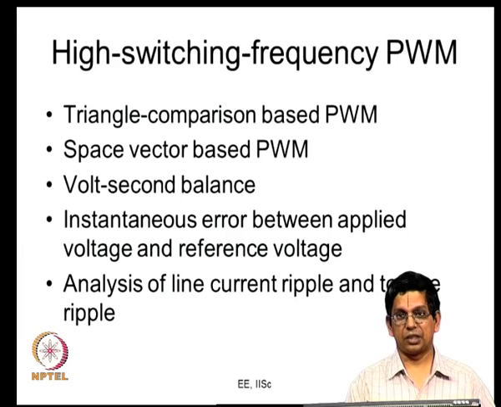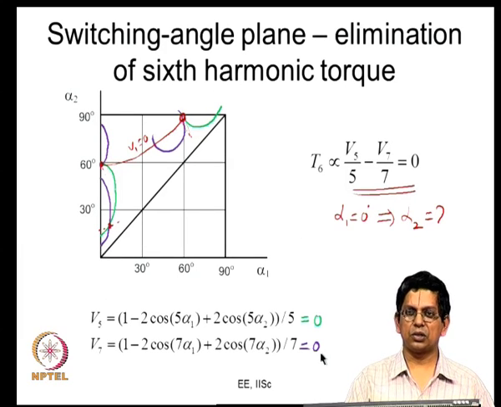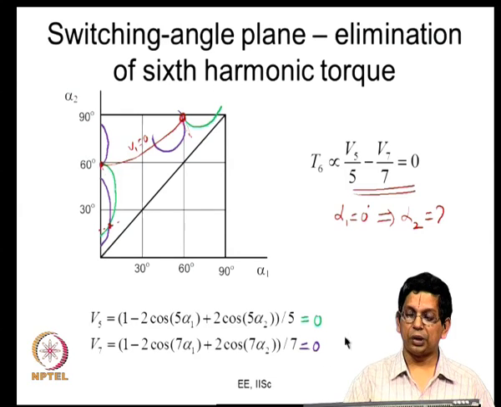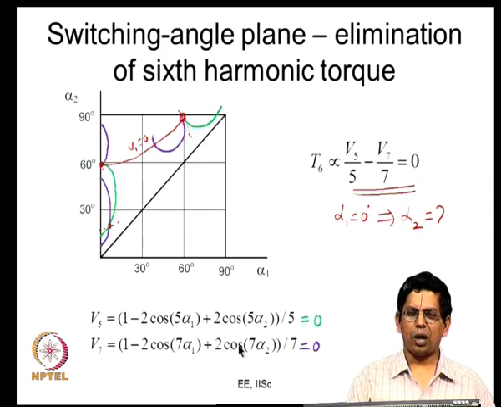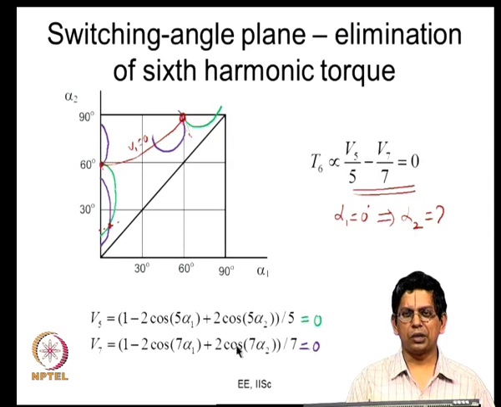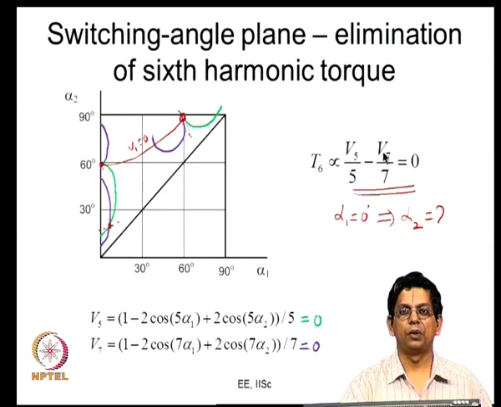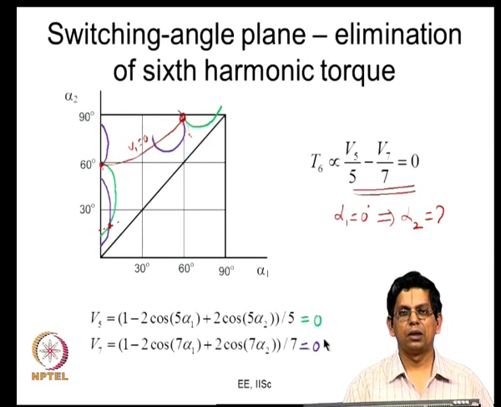So, you can generalize it. So, I have looked at only one switching angle. If you have multiple switching angles, just as you can eliminate multiple harmonic voltages, it may be possible for you to eliminate multiple harmonic torques also. But all said and done, if you can eliminate multiple harmonics, you could also eliminate multiple torques. For example, if you have 3 switching angles per quarter, you control your fundamental voltage and eliminate both V5 and V7. So, you are ensuring V5 is equal to 0 and V7 is equal to 0, sixth is automatically gone.